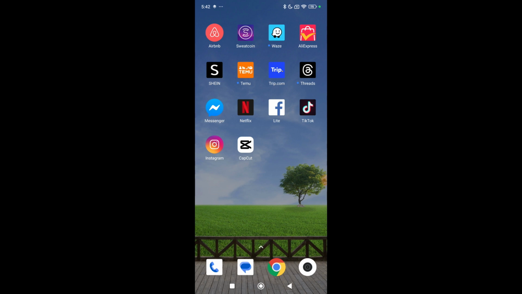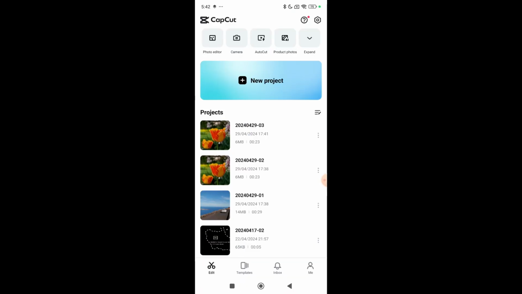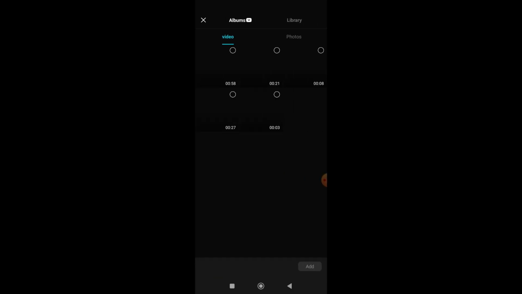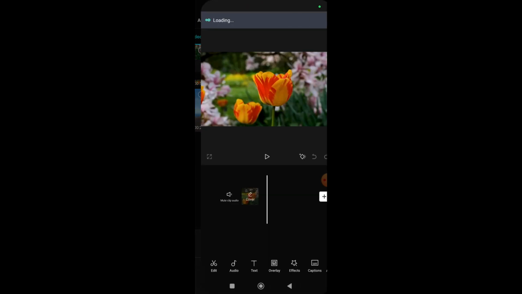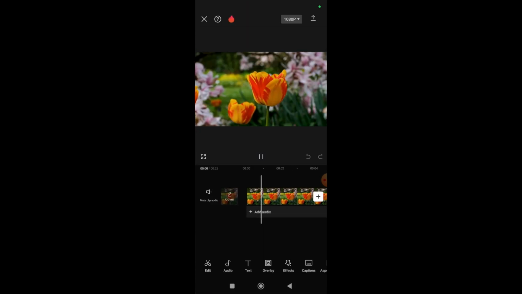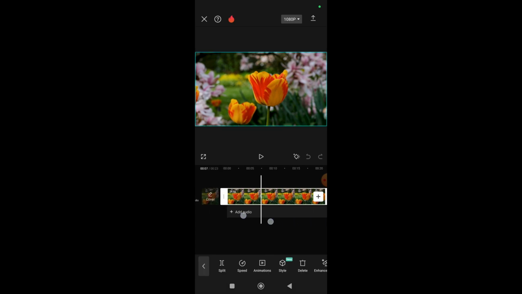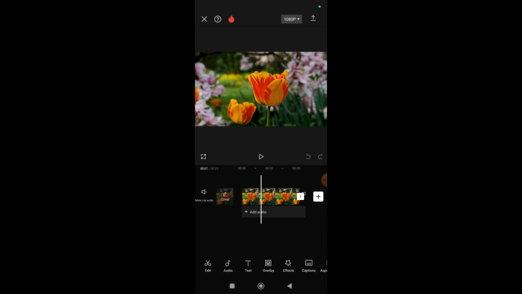First of all, open your CapCut application, then select new project, select your video, and select add. If I just play this video here, you can see there are two floors, and the first floor I just want to blur. So what I need to do first is make this size smaller and then select